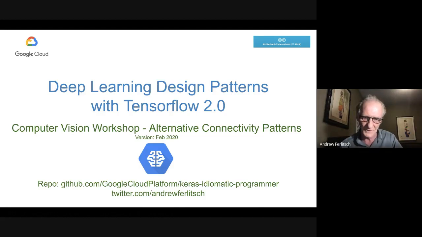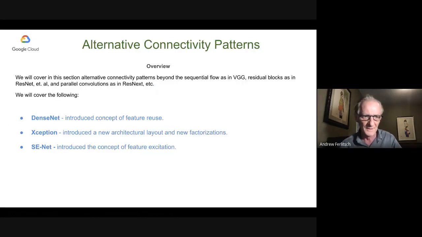In today's part, we're going to talk about alternative connectivity patterns and convolutional neural networks. Up to now, we've been talking about neural networks that either went deeper in layers or went wide. And what we mean by wide is having parallel convolutions. We're now going to talk about some historic state-of-the-art architectures from around the same time that explored alternative connectivity patterns, but were just as competitive in performance. So we'll cover DenseNet, which introduced the concept of feature reuse. Xception, which introduced a new architectural layout and a new type of factorization, and SENet, which introduced the concept of